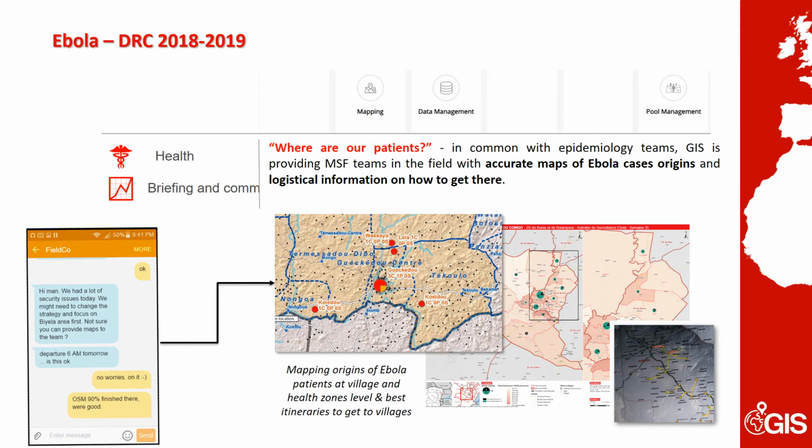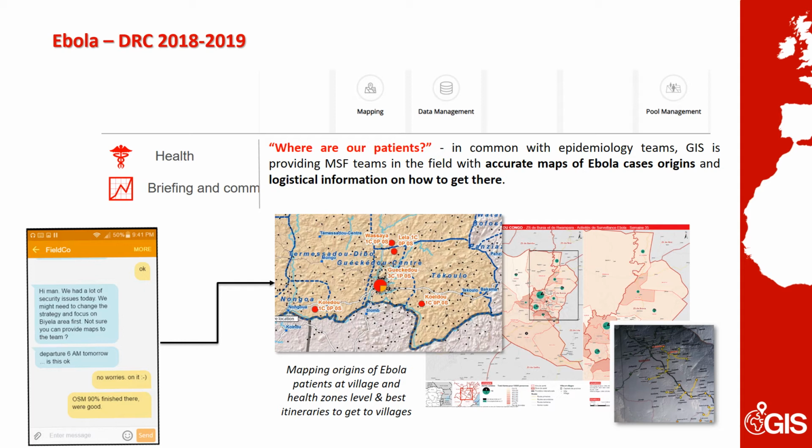As an example, we have a look at the support provided to the Ebola intervention in the DRC in 2018 to 2019. And again, in the center of all our support was the question, where are our patients? If we don't know where the patients are, we can't make a plan, we can't set up health posts, we can't set up screenings. So GIS played a vital role in providing